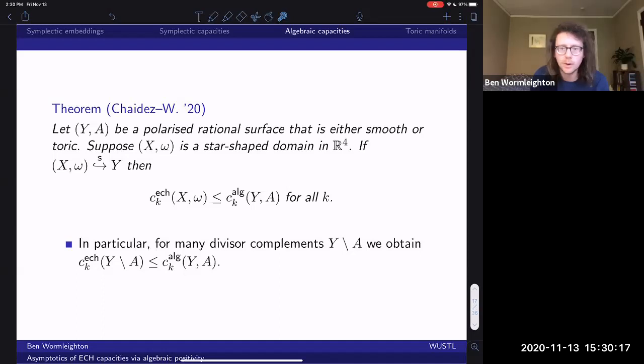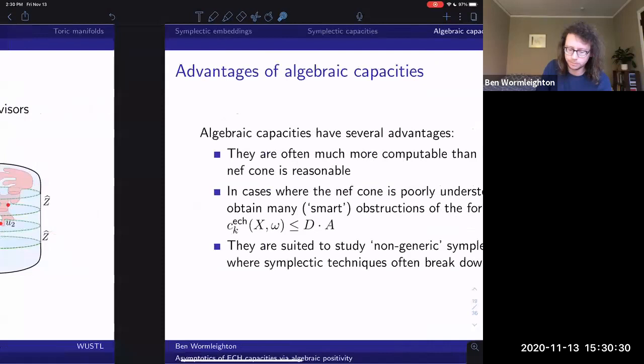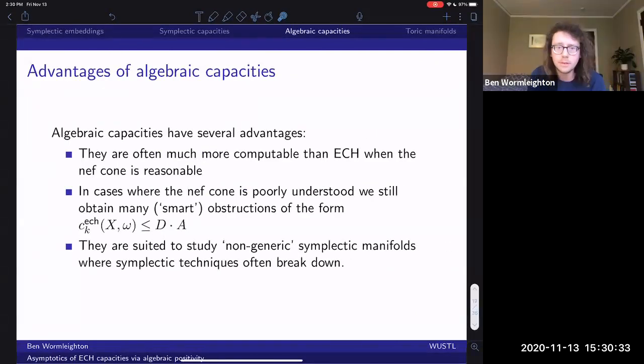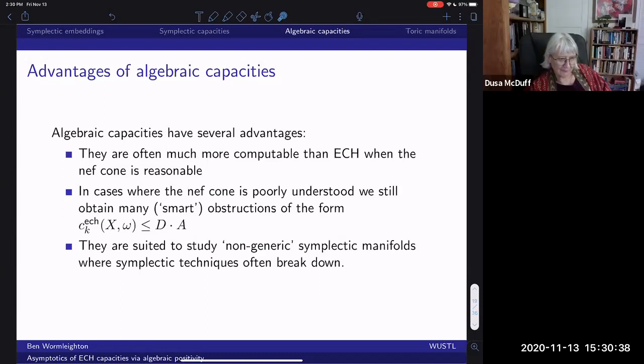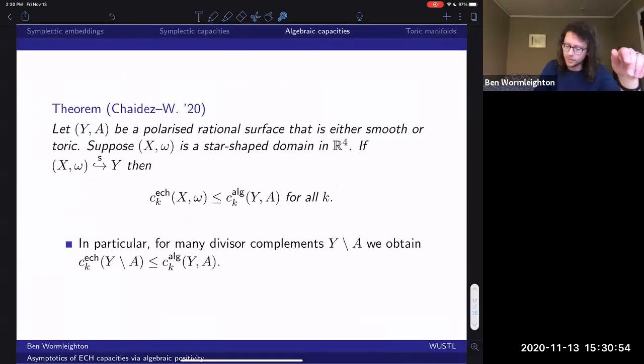Cool. Any further questions? I'll jump back to the second slide. Great. Okay, so let me just say a few reasons why algebraic capacities have a chance at saying something interesting about ECH, why it's not just a restatement. They're often more computable than ECH. So the real driving factor, maybe actually, I'll try not to skip between slides too much because this animation is